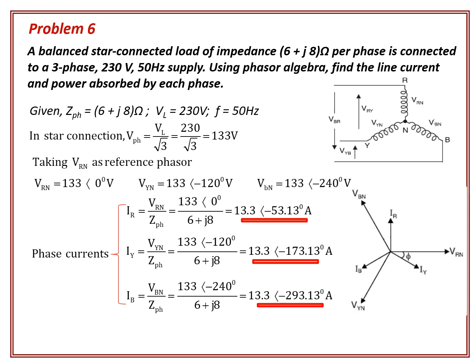Here we know the magnitude and direction of all phase currents and line voltages. Using these values, we can draw the phasor diagram. Since line current is equal to phase current in star connection, phasors representing phase currents represent line currents also. The phasors representing line voltages can also be added to the phasor diagram after calculating the line voltages.